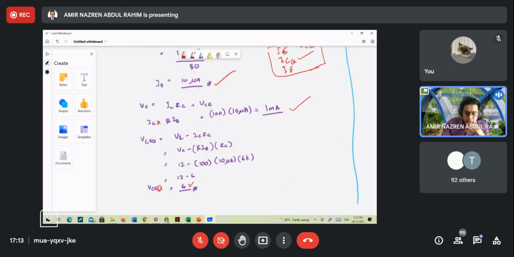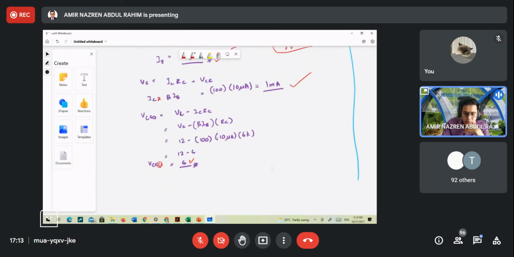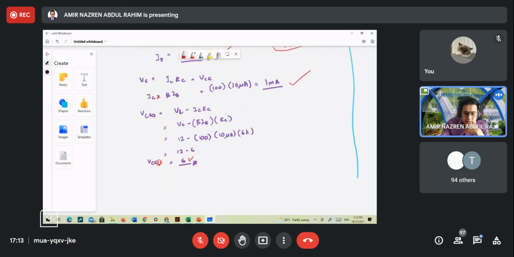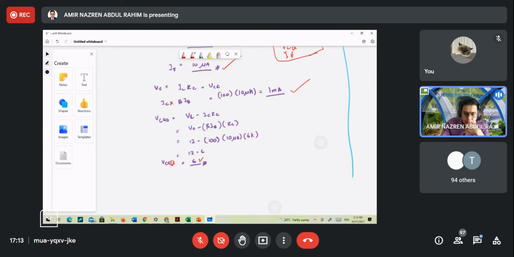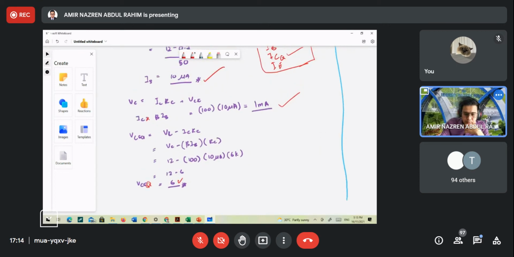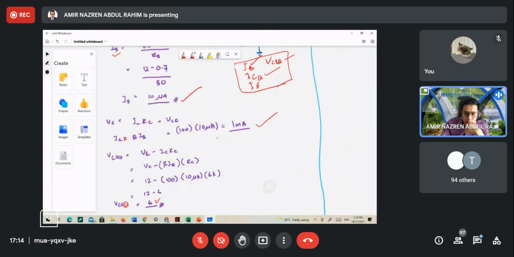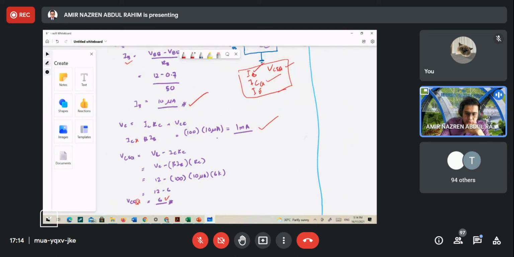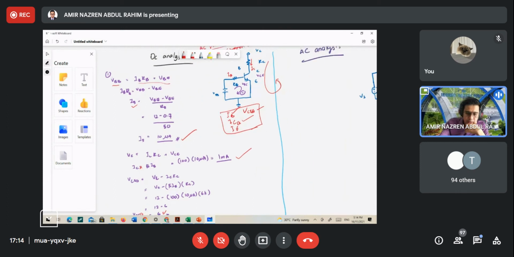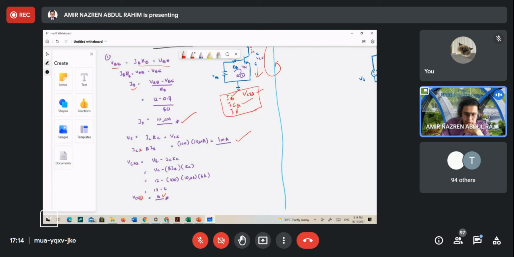Oh, don't forget the unit. If you didn't put the unit on the examination questions, the marks will be deducted. So now we got all the values IB, ICQ. We do not compute IE because there is no IE over here,